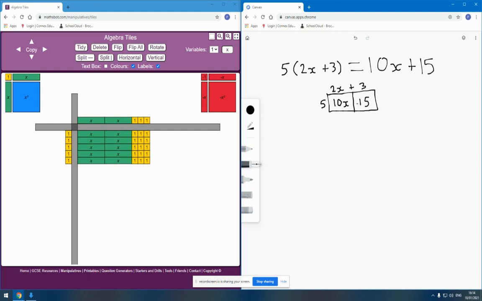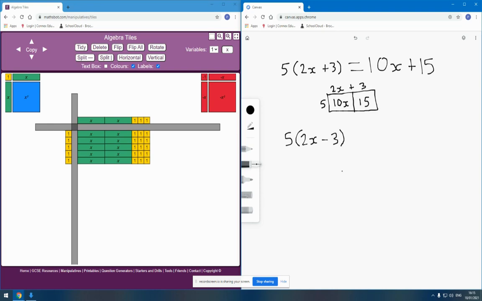But I know from perhaps previous study of area that if I have 2 areas and I want to find the total area, that I just add the 2 separate areas together. So 10x and 15. What happens then if I want to change one of these to be negative? So if I have, say, 5 lots of 2x minus 3,